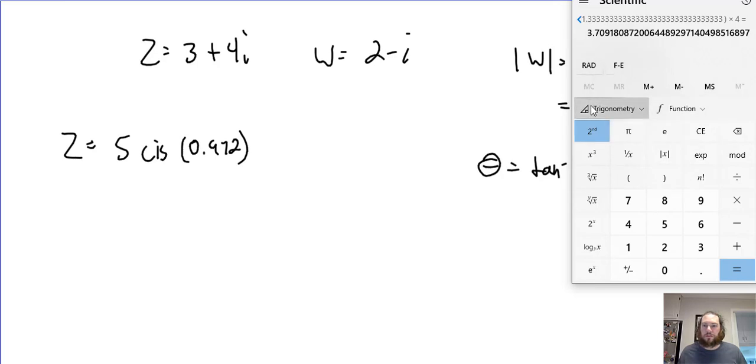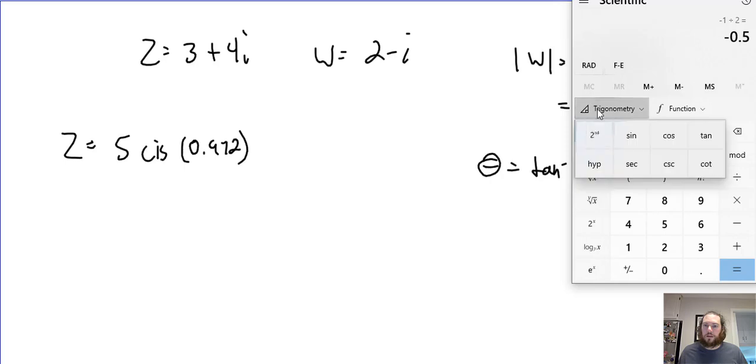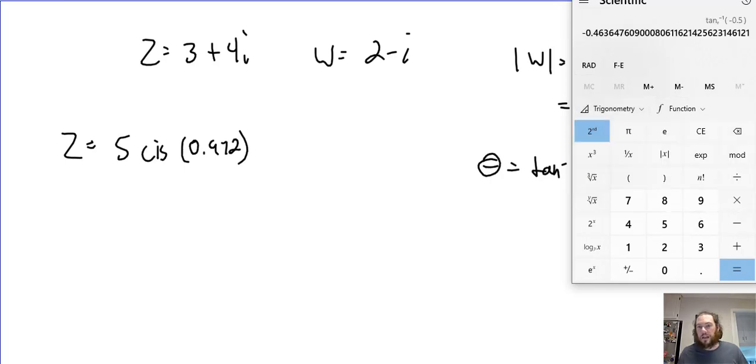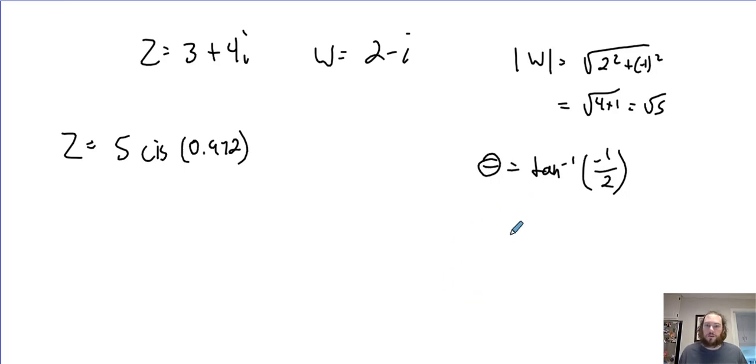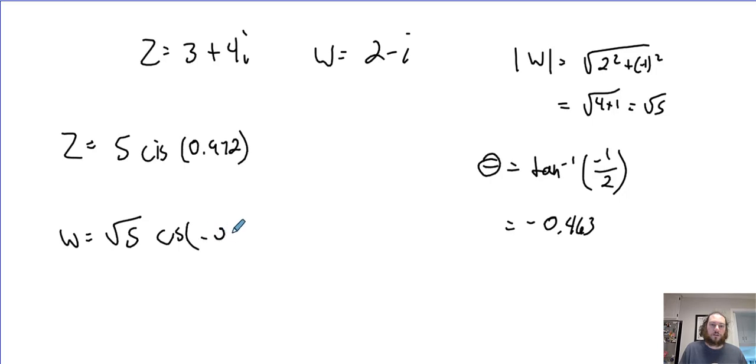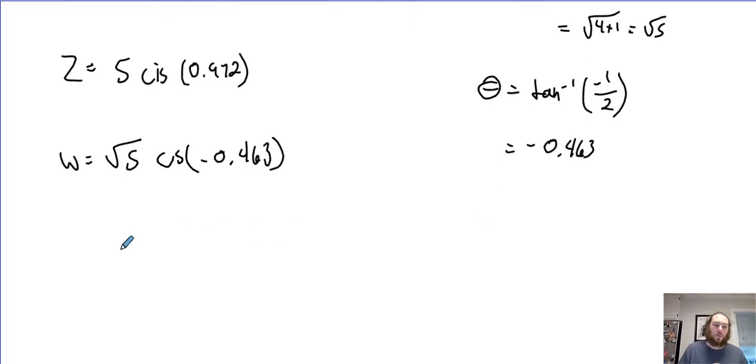Right, so if I do trigonometry, let's do 1 over 2, and then we'll take the inverse sine. We get -0.463, so theta is equal to -0.463, right? So w, in terms of its polar form, is root 5 cis -0.463. Okay, so now if I wanted to do z times w, instead of multiplying and expanding and then combining like terms,